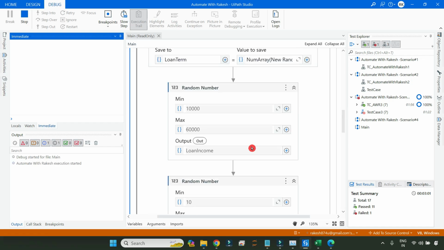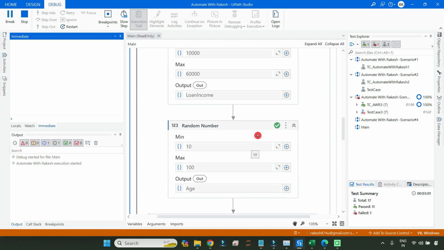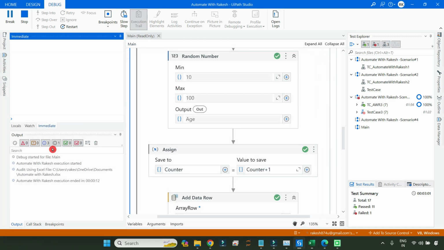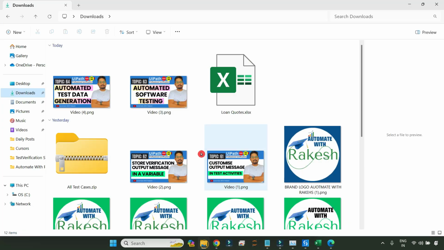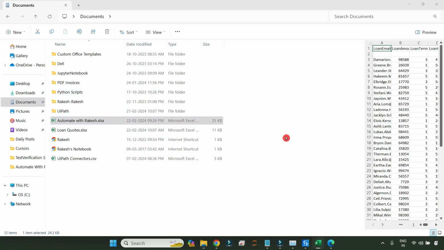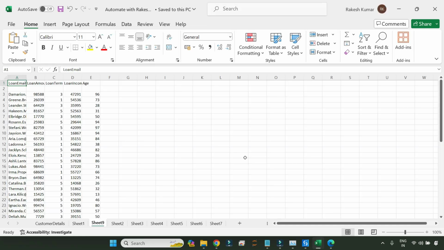So you have learned a lot of techniques. It will be pretty useful when you have to create or generate synthetic data. Okay, so the loop is running. You can see the file has been updated. Now let me go back, go to documents, open the file, go to the sheet 9. Yeah, sheet 9 is here. So you can see